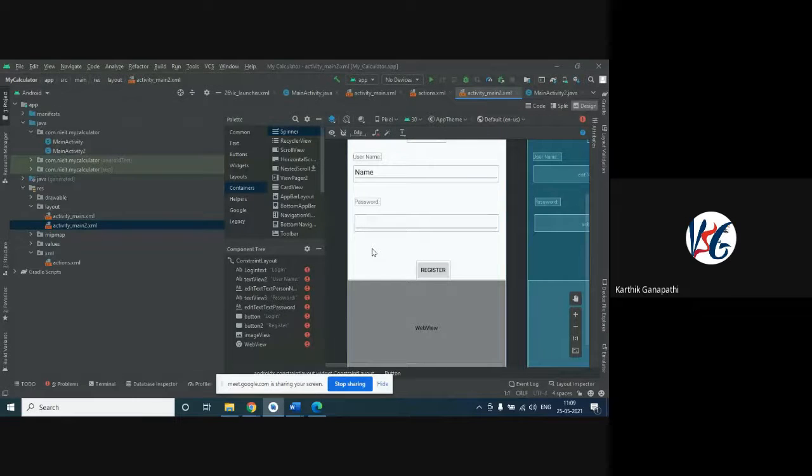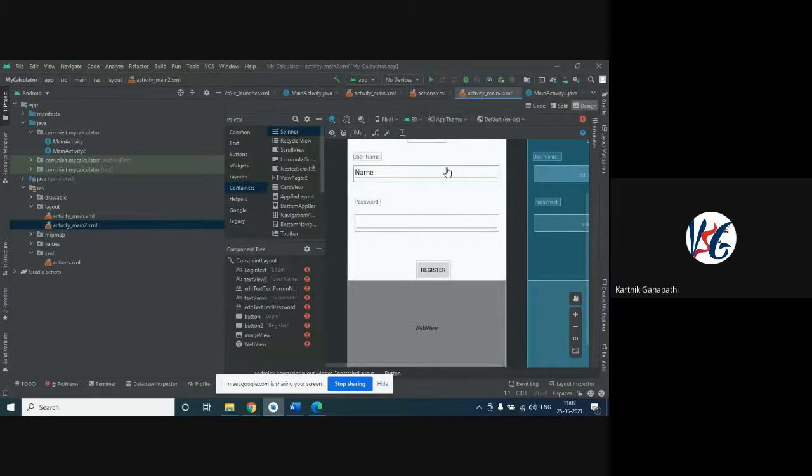The rest of this, as you can see here, CardView is something like an individual element. If you click on a particular icon, a card will pop up there itself. A view will be generated when you click on this, so we call this a CardView. So just keep this in mind.